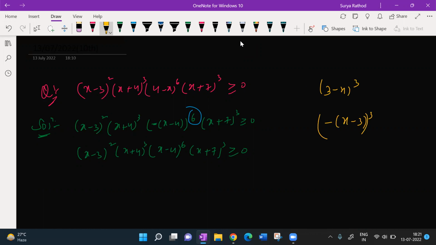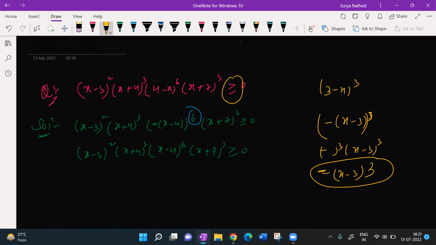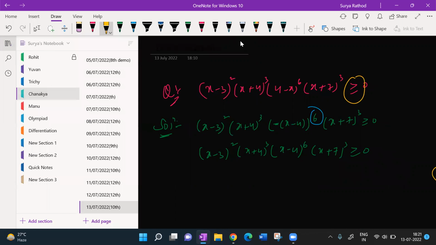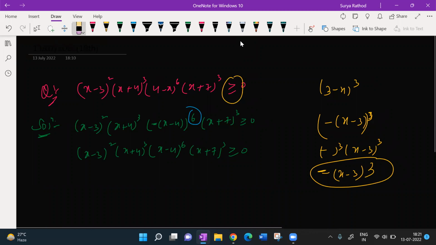Okay, x minus 3 whole cube. Here, minus to the power of whole cube into x minus 3 whole cube. Minus cube is what? Minus only. X minus 3, still it is minus only. Then the inequality changes to remove this minus. We have to change the inequality. Less than becomes greater than. Here we have greater than or equal to 0, which means the inequality is not going to change.